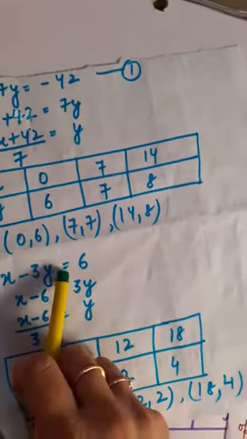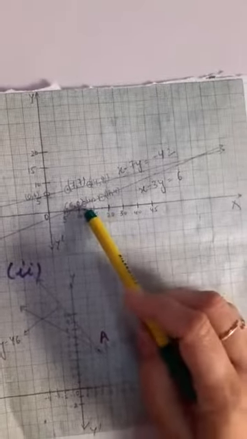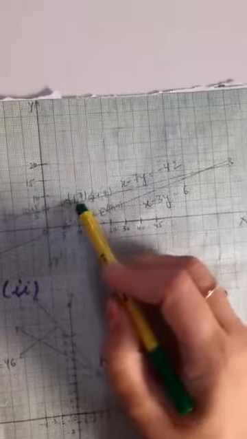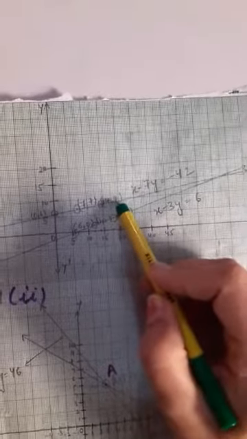Fine children. Now I am going to take the next coordinates. This is 7, 7 and 14, 8. Here you have taken 7 on the x-axis. Similarly on the y-axis also you have taken 7. In the same manner, you are going to plot 14, 8 also. In the same manner, the next line will also be plotted. Fine. After that, you can see here that both the lines are going to intersect each other at this point. You can call this point, let it be A.